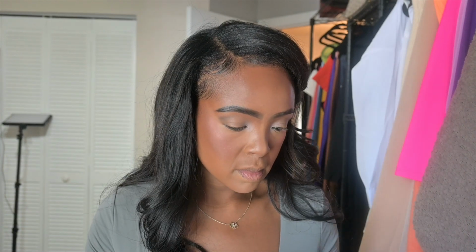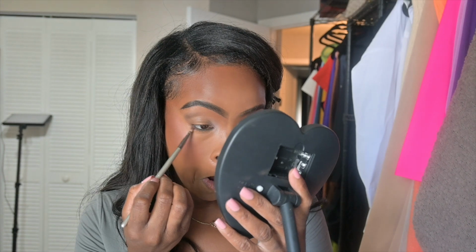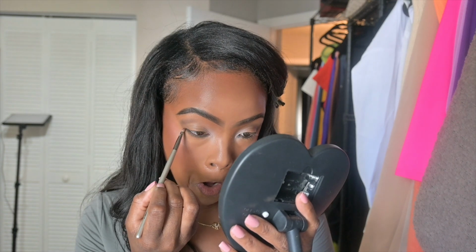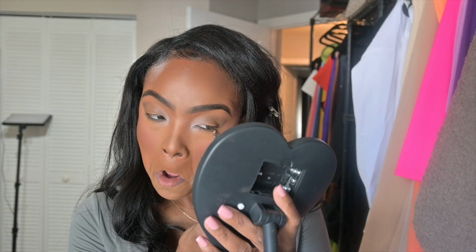This part right here is where I start feeling like a bad bitch. So I take a small skinny brush and I dip it in that dark brown shadow that I went around my creases with on my eyes, and I take it underneath my eye line and I rub it across to give me that smokier, blended out look. And baby,